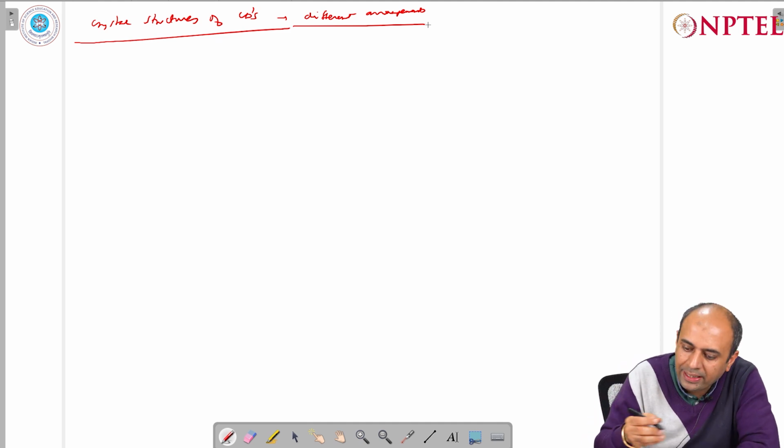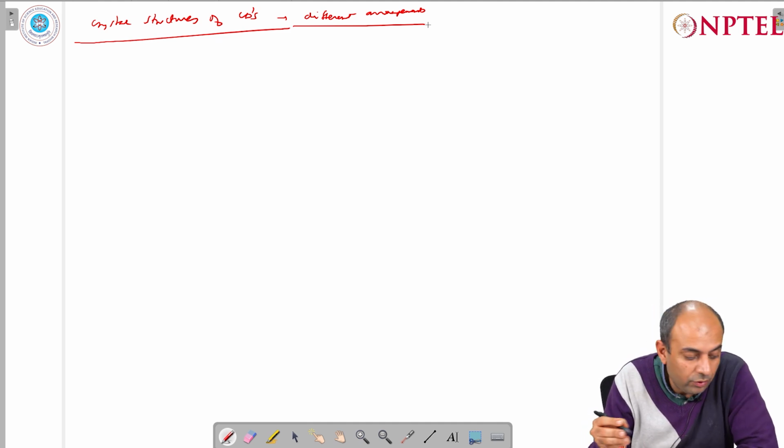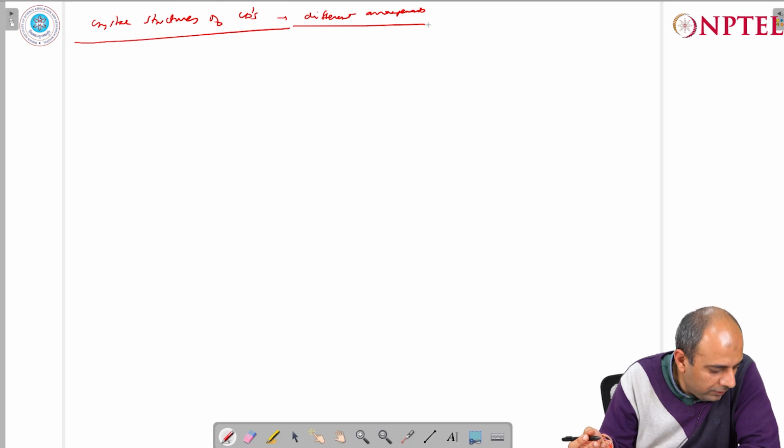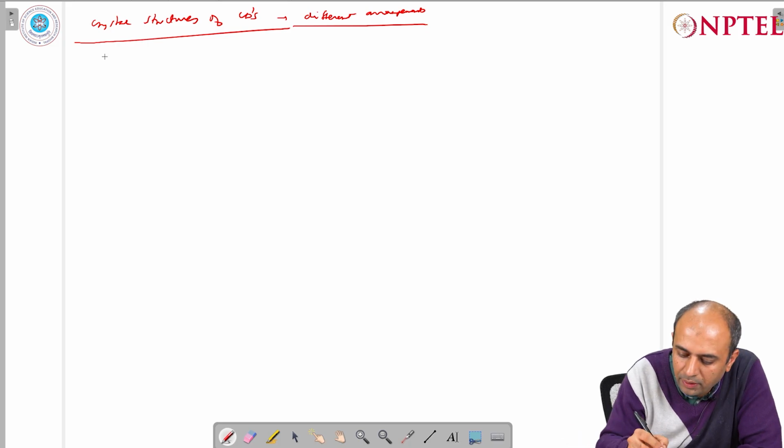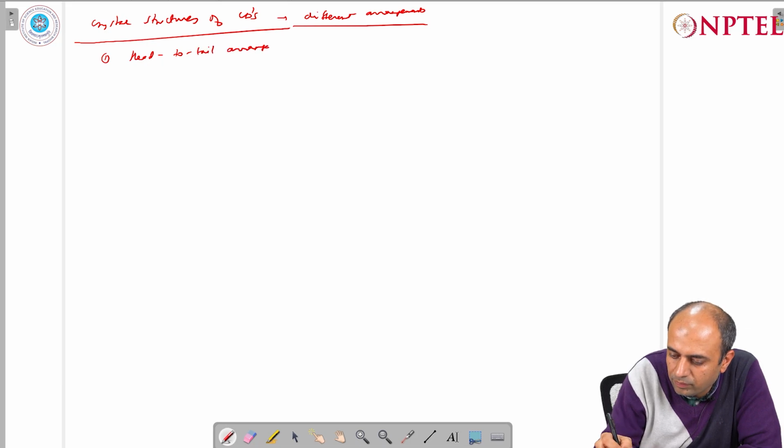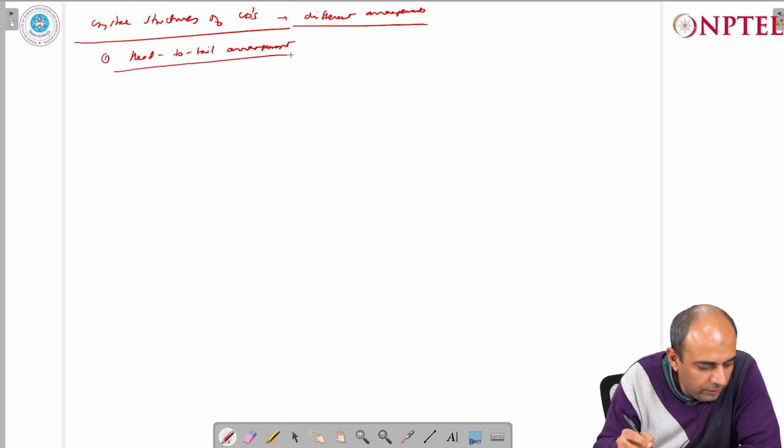So the crystal structures of cyclodextrin have different packing arrangements, and we can consider, for example, the head to tail arrangement, where we can have